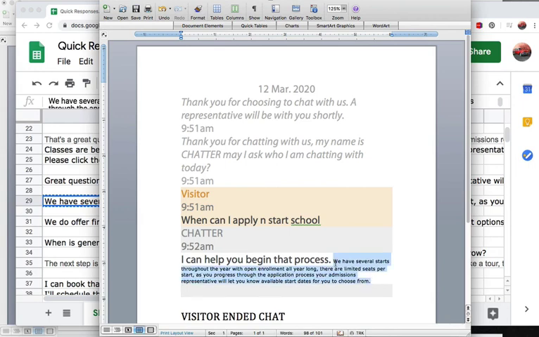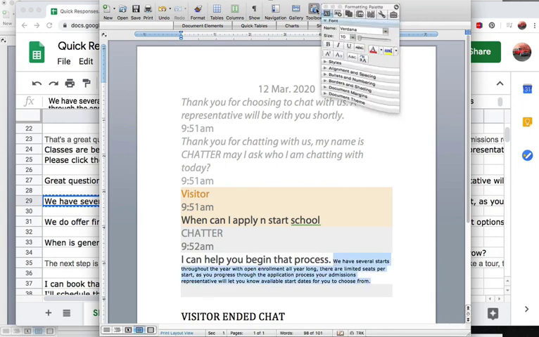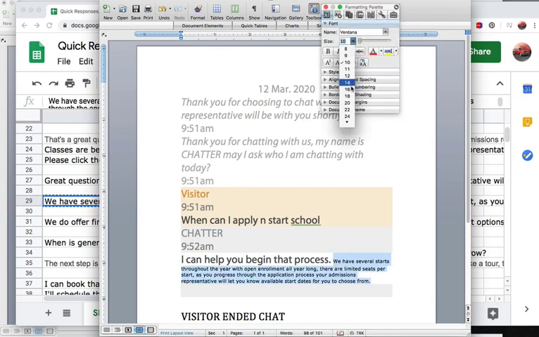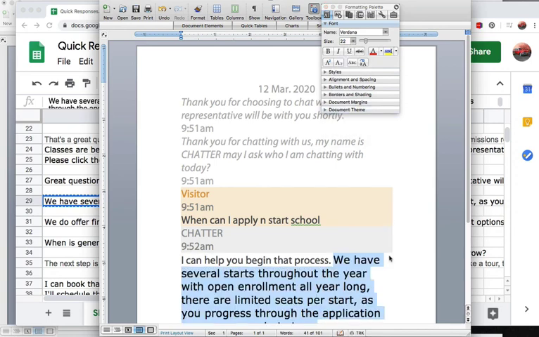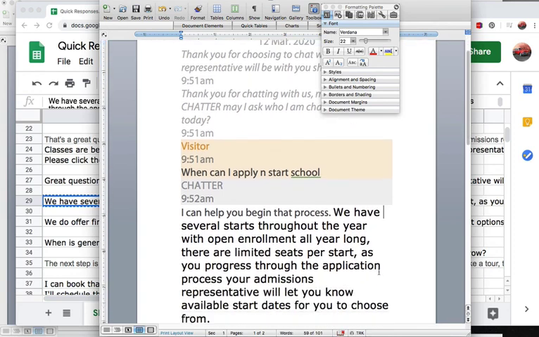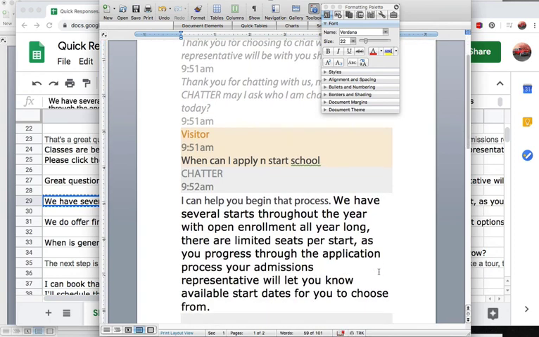Let me increase that font. I can help you begin that process. We have several starts throughout the year with open enrollment all year long. There are limited seats per start as you progress through the application process, your admissions representative will let you know available start dates for you to choose from. I would then add